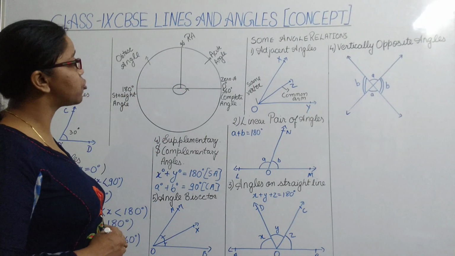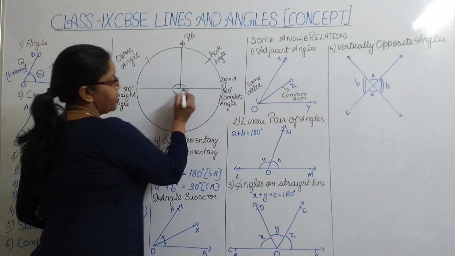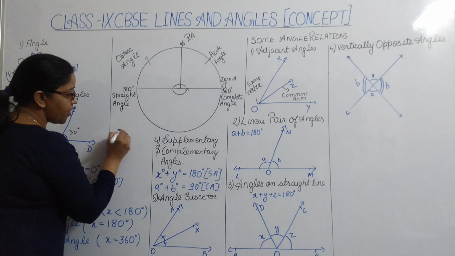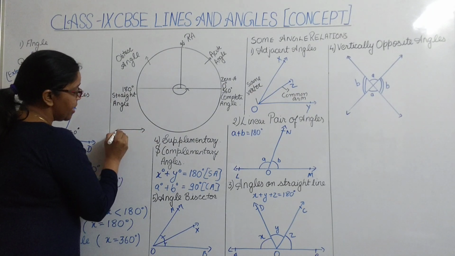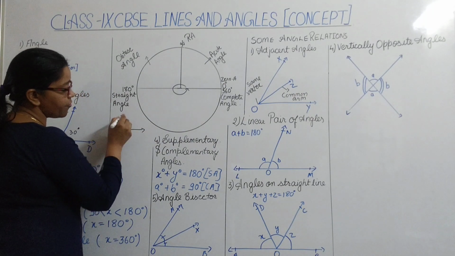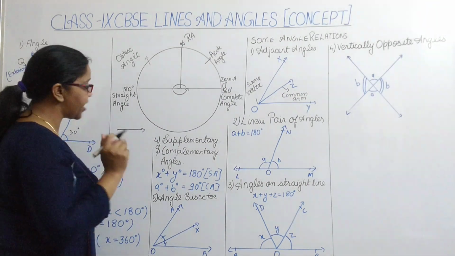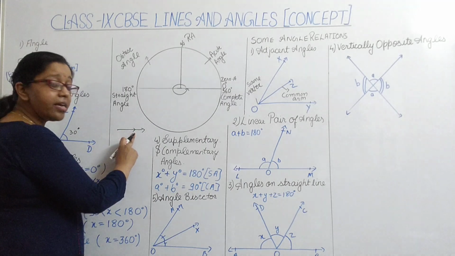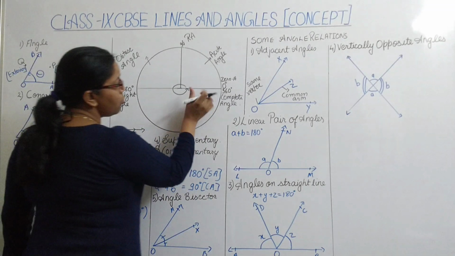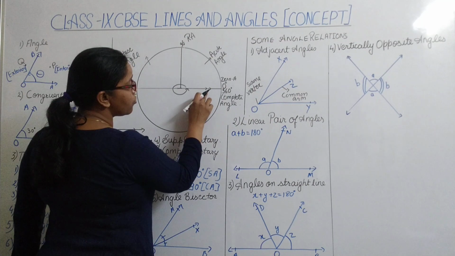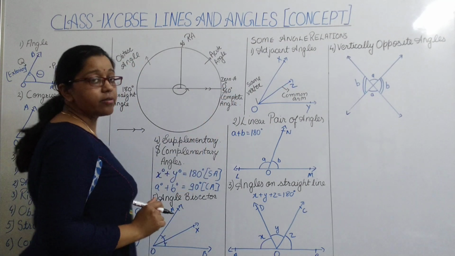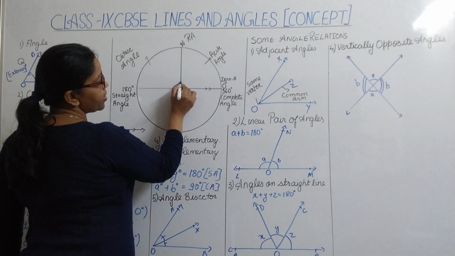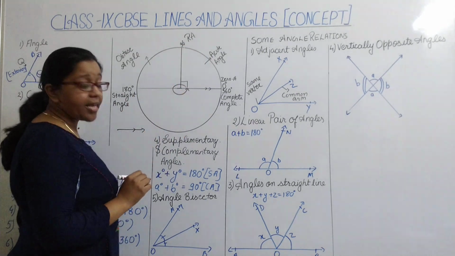Here you can see I have drawn a circle, and suppose we draw an angle. How will we draw it? First of all we draw a ray, and from this point we measure the angle with the help of the protractor. So for a zero angle, the angle ray and the other ray are both lying on the same line. When the two rays lie on each other, it is said to be the zero angle. Okay, and this is called what? This is a 90-degree angle.